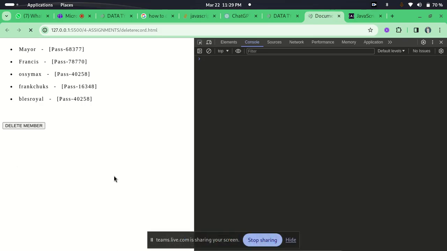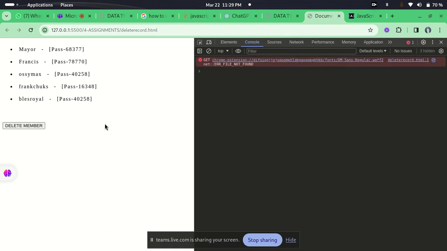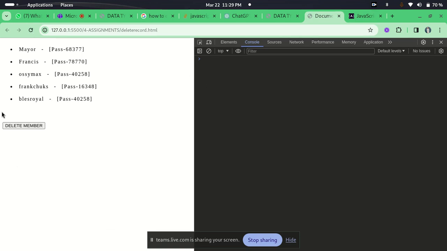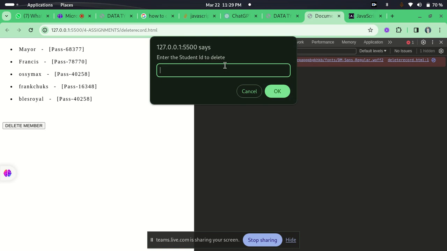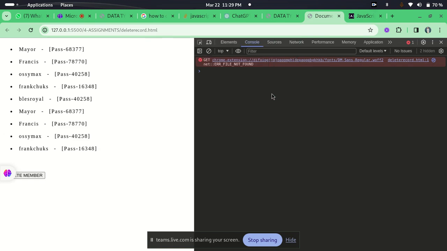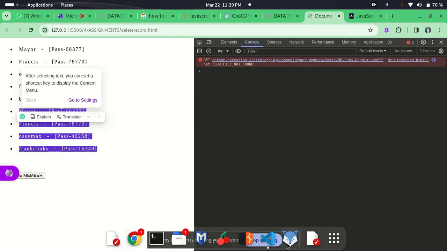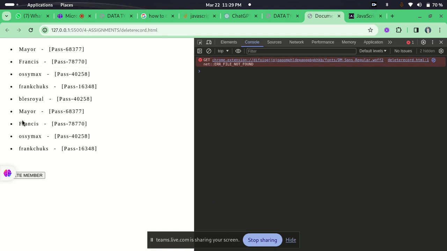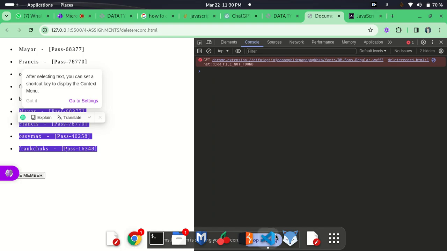So I don't know, this looks like we are done. Let me refresh. Okay, we have it like this. If I delete a member, I see this. So if I enter maybe 3 and say okay, see what happens now. It adds to what we had. It adds, but it deletes it though. I deleted Frank Schultz, which is 3. It deleted, but you delete that one and then